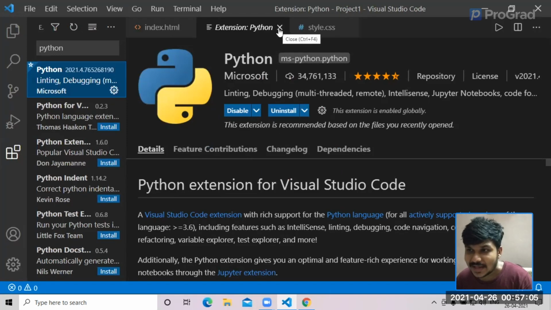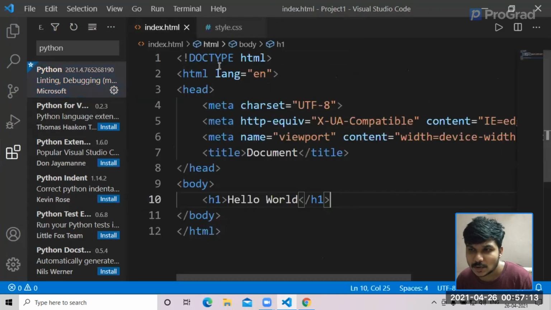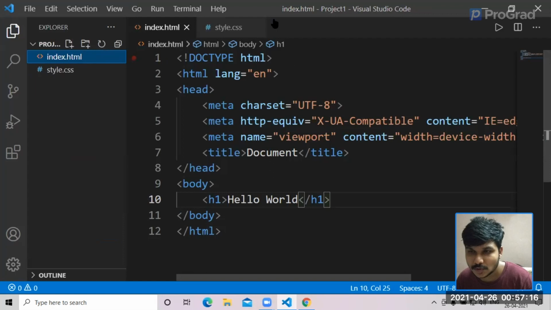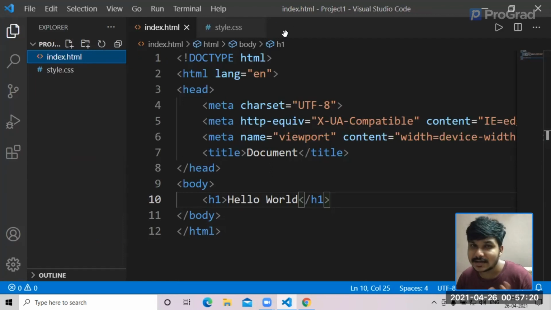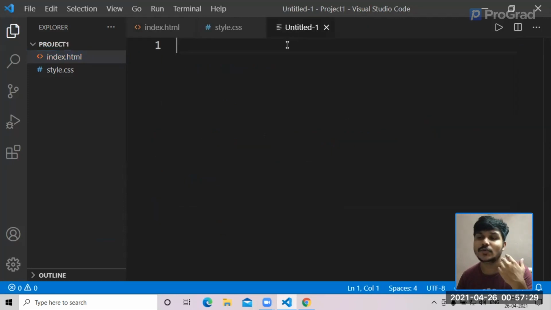That's cool. The next thing we want to do is a Python code, and I will show you how to run Python code as well. So let's close this and go to the Explorer. You can create a file another way: just go to the upper taskbar here and double click, and you would see that your new file has been created.